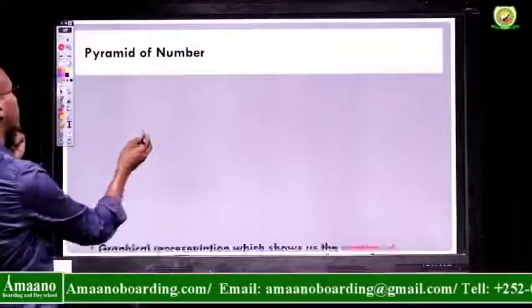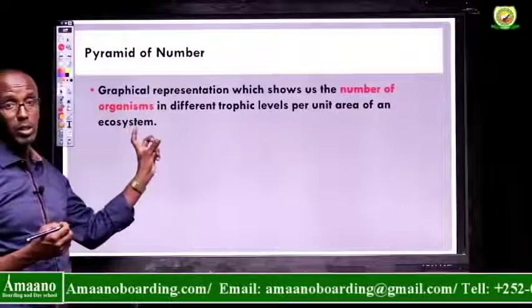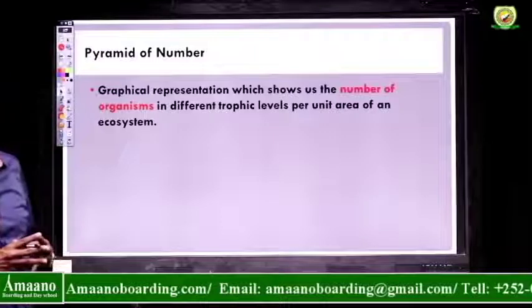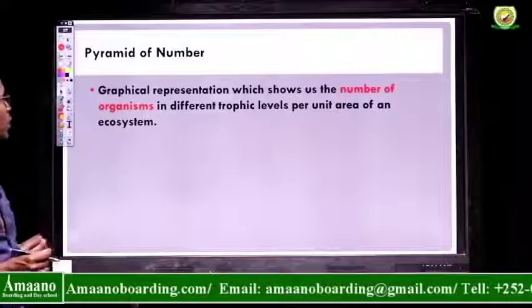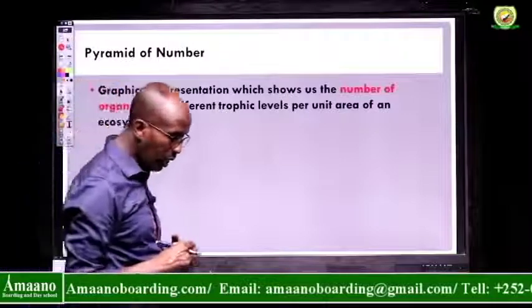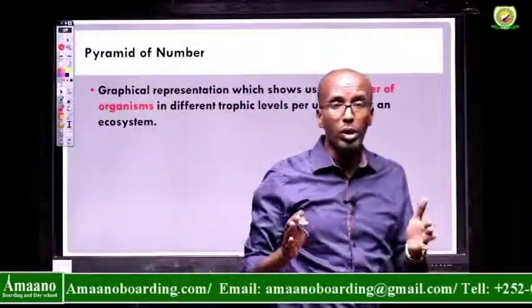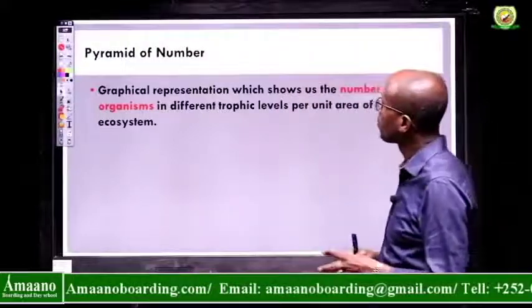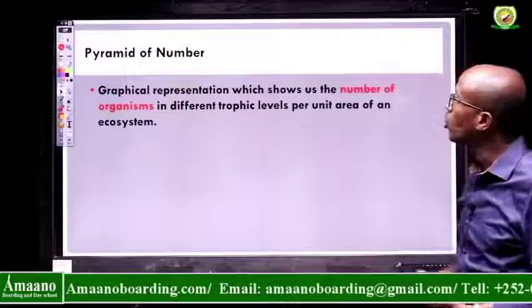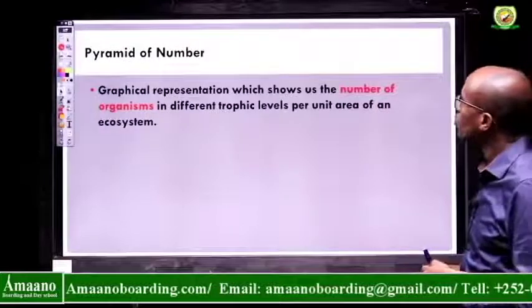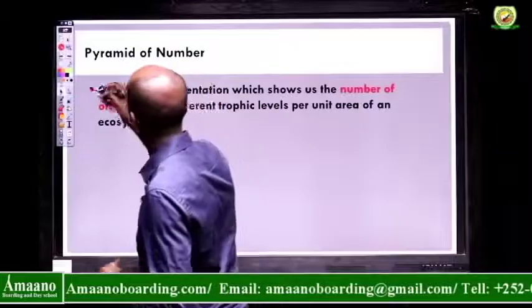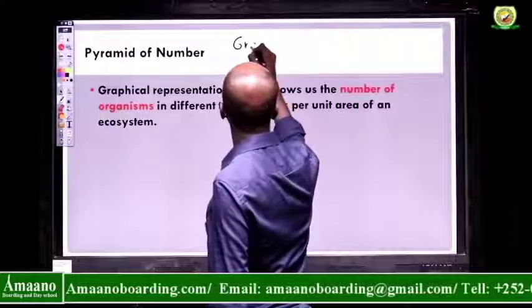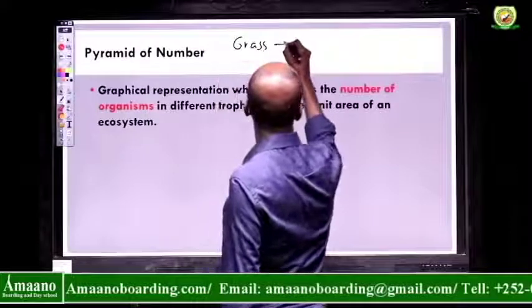A pyramid of number is a graphical representation which shows us the number of organisms in different trophic levels per unit area of an ecosystem. If you want to know how many organisms are present at that particular trophic level, you need to draw the pyramid of number. For example, if you have here a grass,